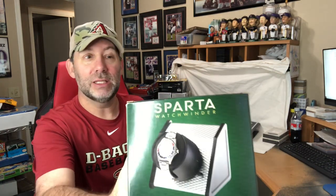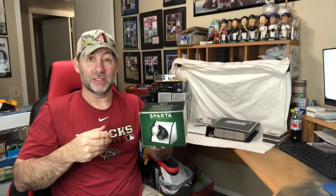This was just a box. Actually, from the box, it didn't look that expensive. This is, I don't know if it's pronounced Orbita or Beta, a Spartan watch winder. I did a search for these brands, and these things are really expensive. This one has a little bit of a flaw. Now, it's in good physical condition, but when the motor turns on, it makes a little louder noise than what it